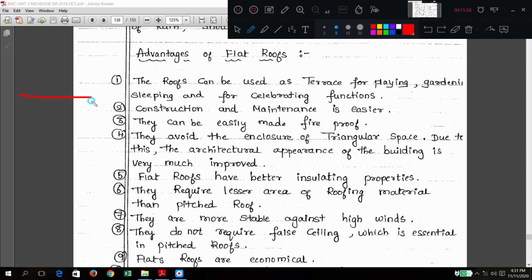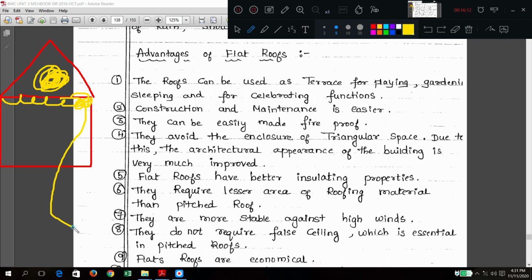So if this is a sloping roof, generally to cover this truss area, you go for false ceiling, okay. But this false ceiling is not required for a flat roof, okay.